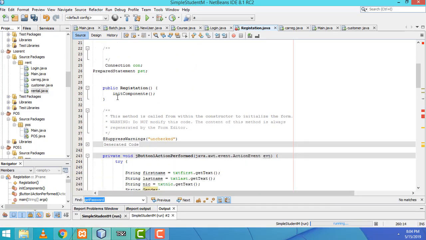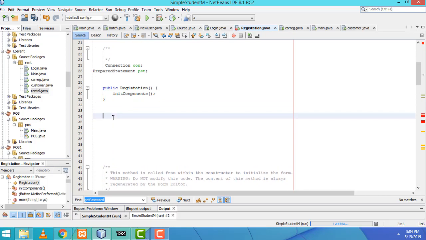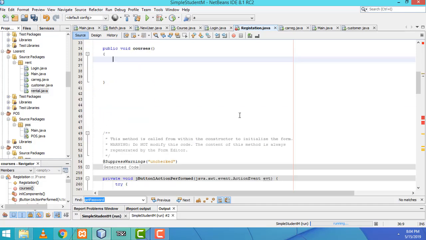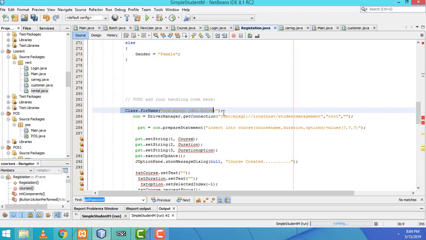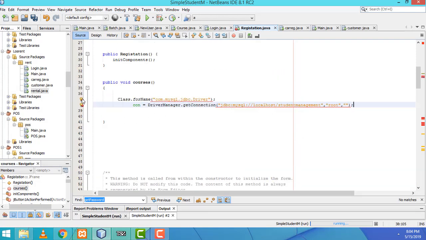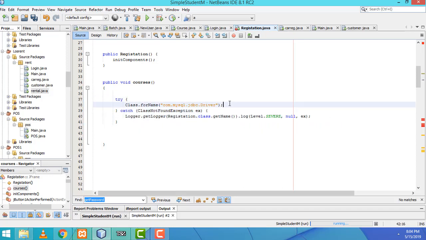I'm going to create a function here, as public void courses. Right, courses. With this function I'm going to load the courses. Now here first I'm going to write the same thing. I'm going to copy these two classes. Right, this one we have to cut off and paste it here,